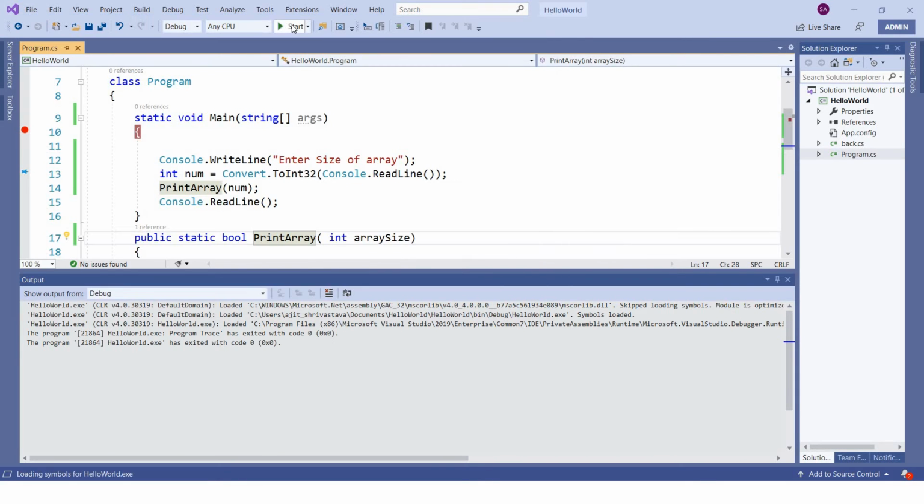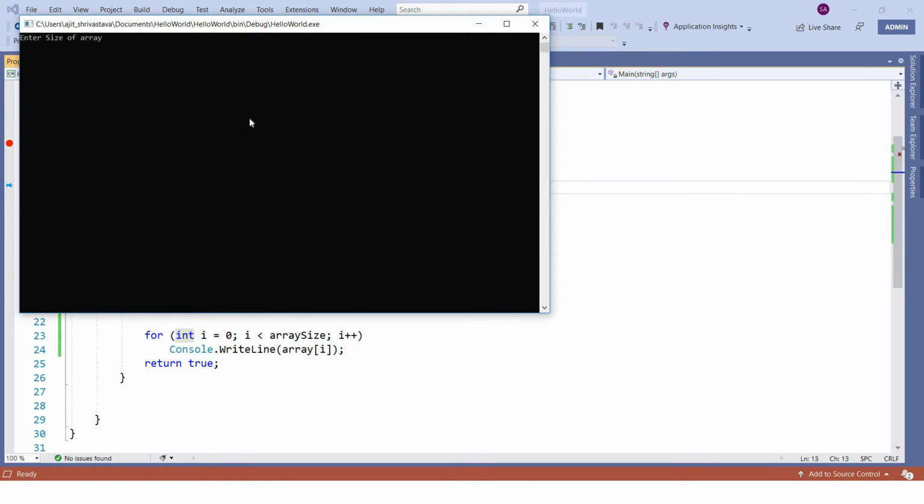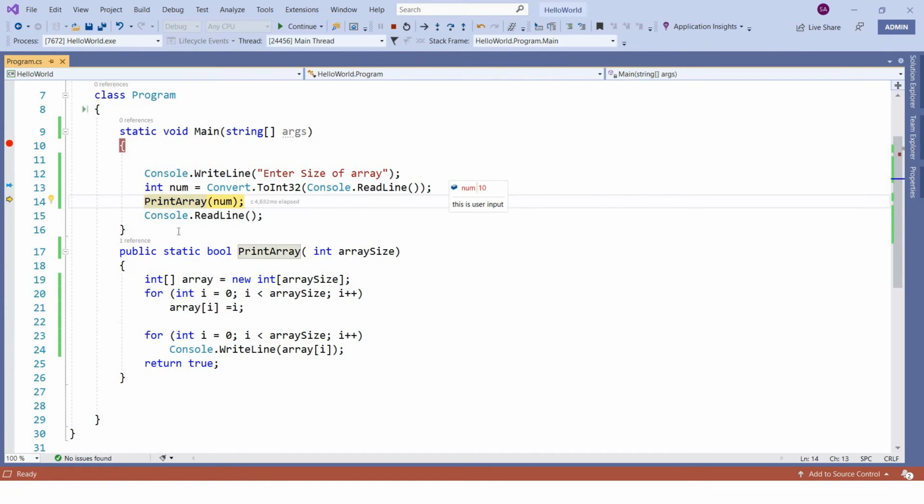So to do that, let me just continue for now and we'll start one more debugging session. Let's start once again. Press F10, F10, F10. It is asking for the size of an array, 10. Again it came to this point. Now I don't want to skip this function, I want to debug it. So one option is to put a breakpoint here, then press F10. Again you have to follow the same process. F10, it will execute the next line. F10, it will execute this line. So again you can use that pin here, you can quickly watch that value. So this is as simple as this.